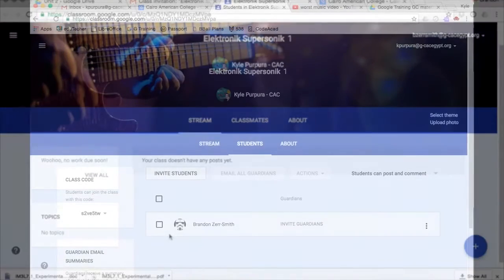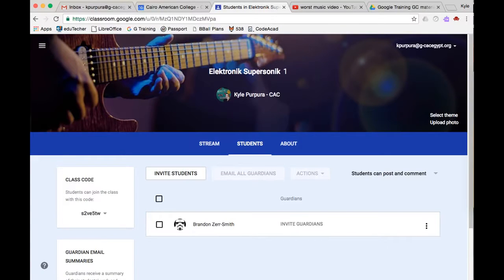So you should be seeing essentially the same view as I am. Right now, my classes don't have any posts yet. Okay, but I got a view. Good. And over here in the teacher phase, if you wanted to have a class code for your students,